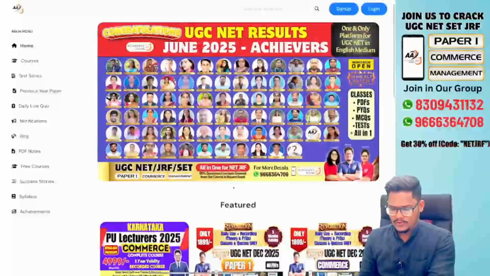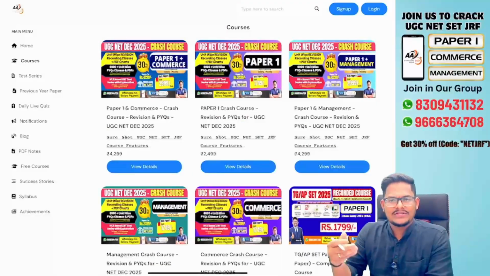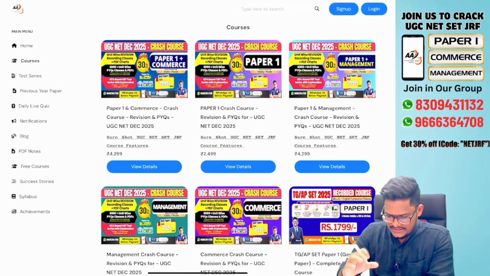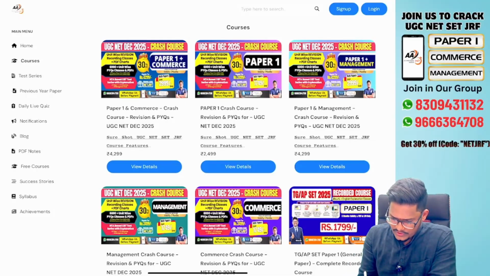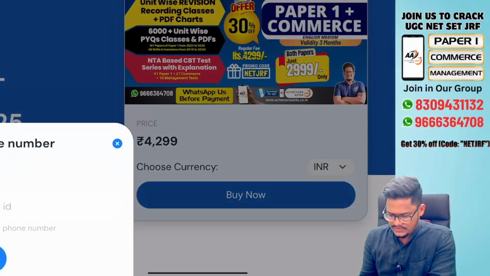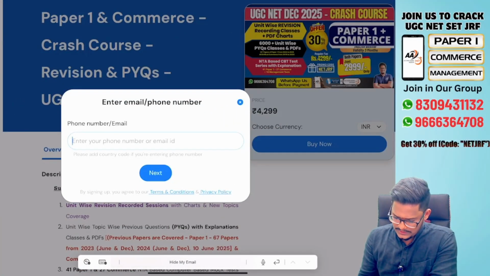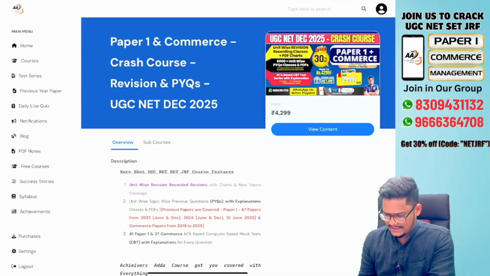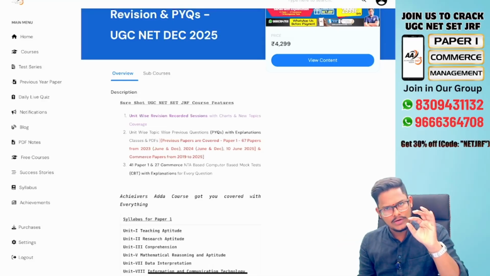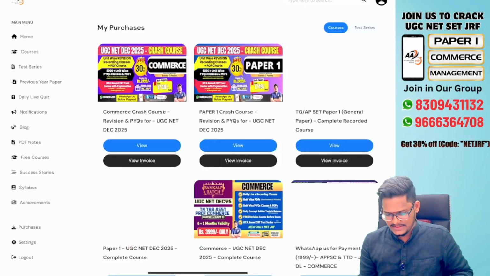And here I will show you how to access it. Just go to the courses in the AchieverSadda application. It will show AchieverSadda UGC NET courses on the home page. A pink color UGC NET will be there. If you click on this, it will show the total price, but once you click on buy now, it will ask you to log in. Once I log in here, I can see where you need to apply the code. Apply coupon code will come. Just click on that, NET JRF, without any space, you need to apply. And once you apply, you can see the courses here.